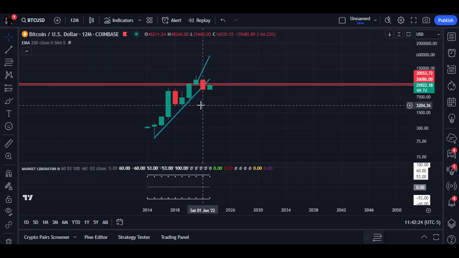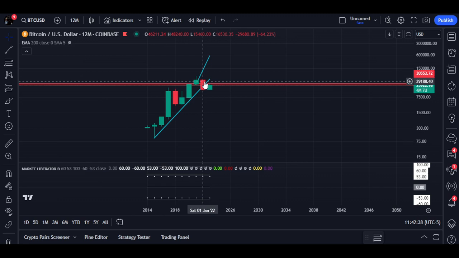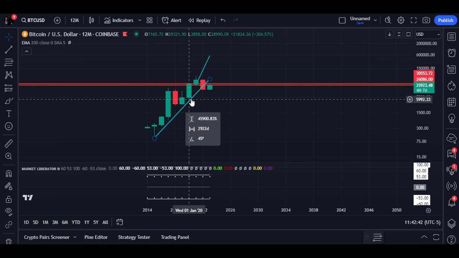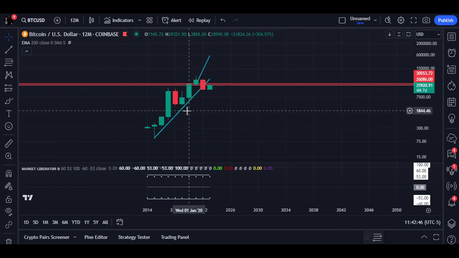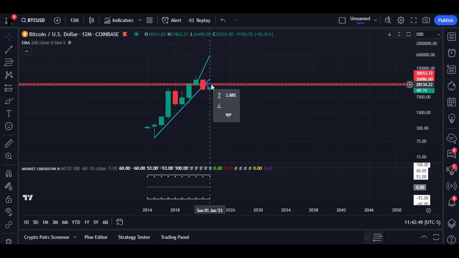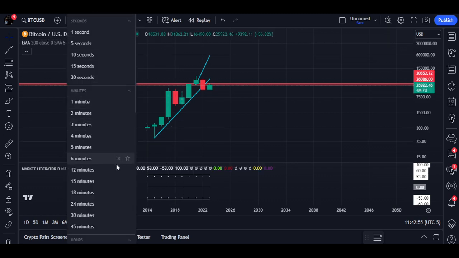No. But I want you to look at this candle and try to lie to yourself and tell yourself that this is not an engulfing candle and see if it proves true. This is an engulfing candle to the downside, not the upside. The next candle was to the upside. Right here, it just, boom, took that whole thing out. This is an engulfing candle to the downside. And going back to the weekly,